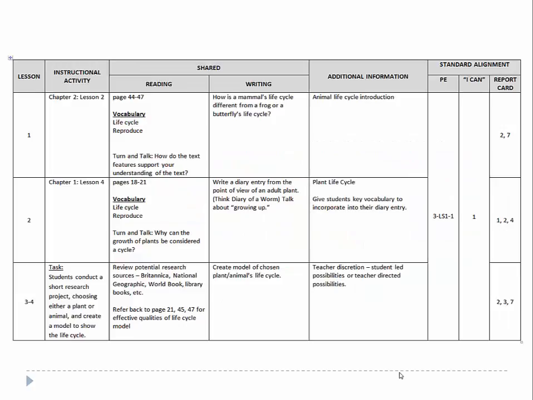Students begin this unit by using information in the text about the life cycles of different plants and animals to support claims about the diversity of life cycles. The performance expectation includes students developing models. Students use the models to describe that although organisms display life cycles that look different, they all follow the same pattern. As we look at pages 44 through 47, students are presented with information about the life cycles of the